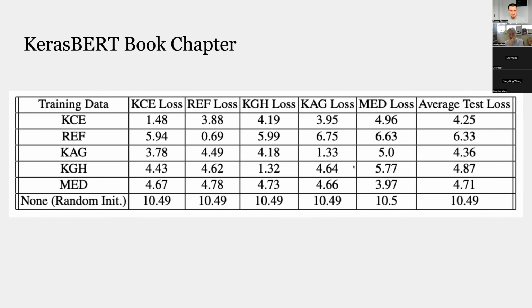And then we also did this by training on just one source to try to see which one source of data generalizes the best across the other data sets. So we see the Keras code examples has the lowest average test results, whereas the Keras API reference actually has a really high test loss when trying to generalize from the Keras API reference to other data sources. And maybe this will be interesting more so as you think about learning resources and learning paths, and you look at the log prob of if you were to study this, how would it generalize to other kind of material and that kind of idea.